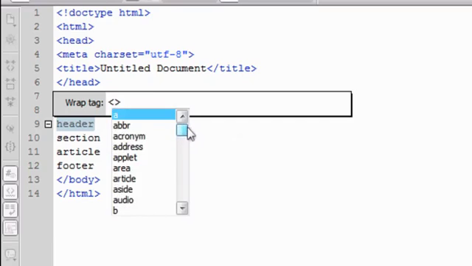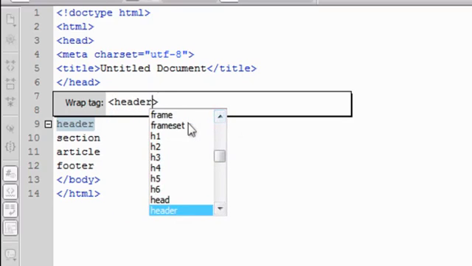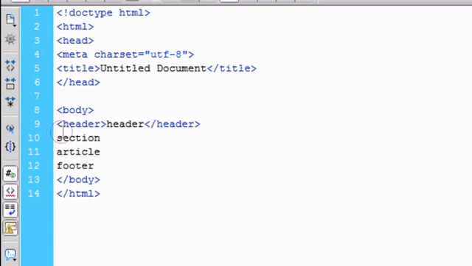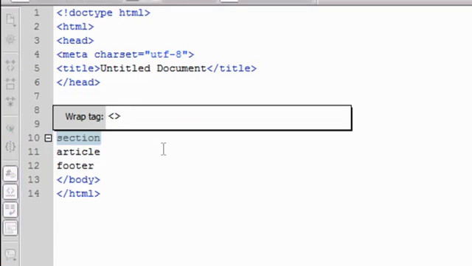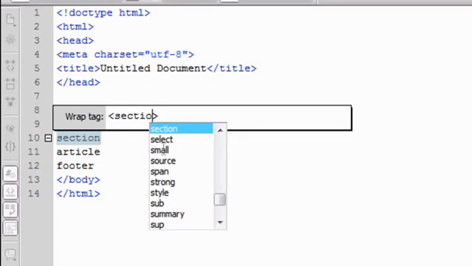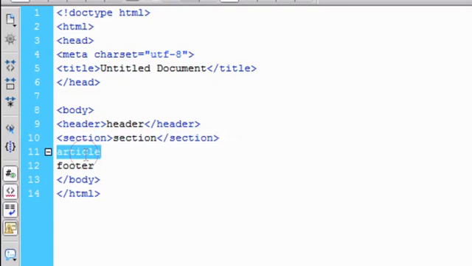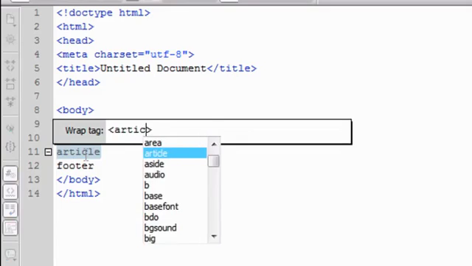This is every different type of HTML tag that you could possibly put. This is going to be the header, press Enter, and you can see it gives us the opening and closing tag. We'll do the same for section, double click it to highlight it, press Ctrl T or Command T on a Mac, section, same thing for the article,